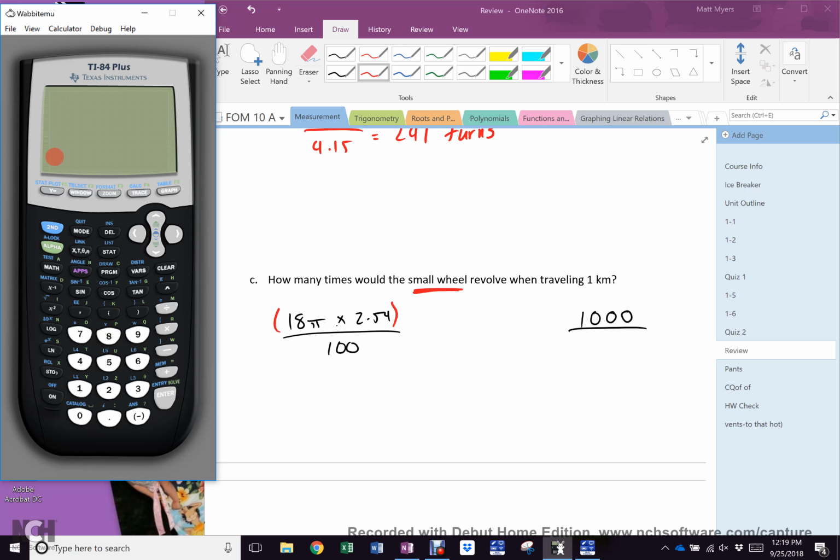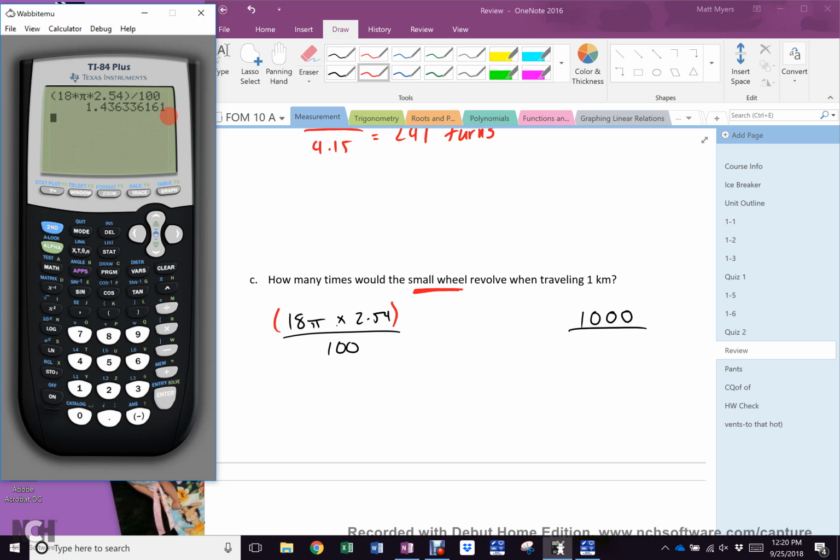There we go. Bracket. Now, some of you need to push times pi. Some of you don't. But you always can. 18 times pi times 2.54, close brackets, divided by 100 equals